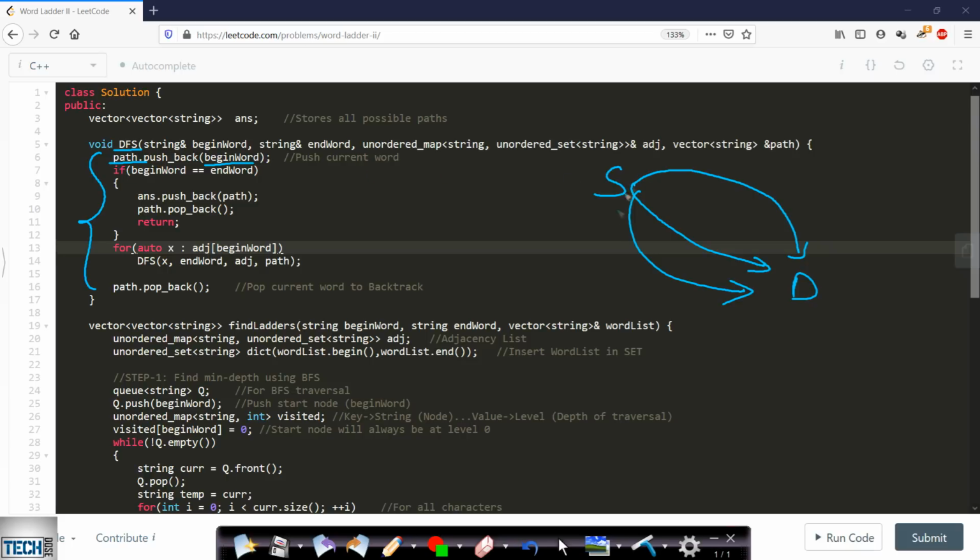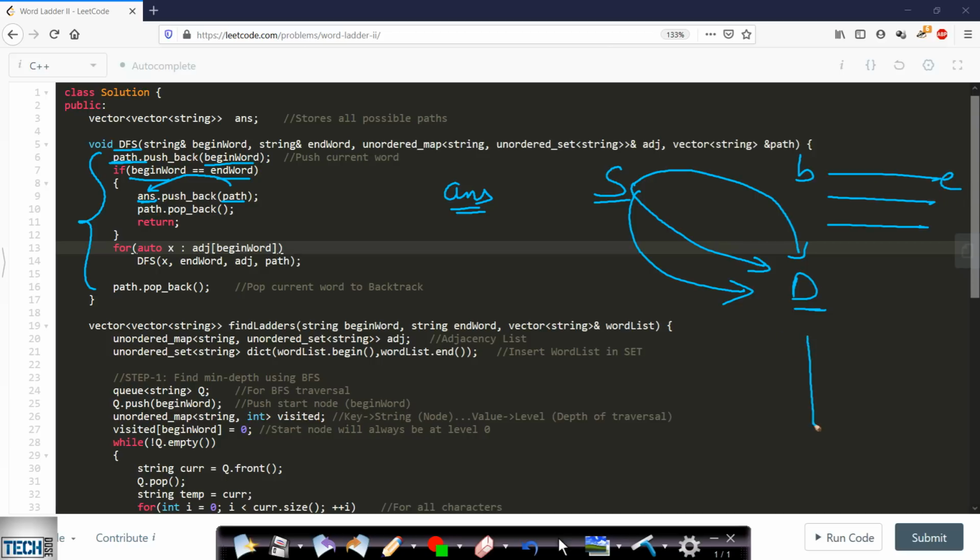Now we will be traversing node-wise, and therefore we have to store each and every node once we are traversing a path. If the current node equals the end word, then obviously we have reached the destination starting from the source, and so we will have to update our answer, which is a 2D array. We will push the entire path into the answer, because it will store all possible paths starting from the begin word and ending at the end word.